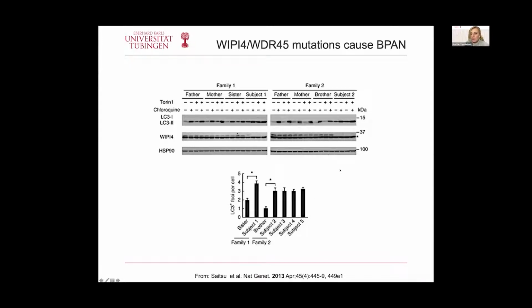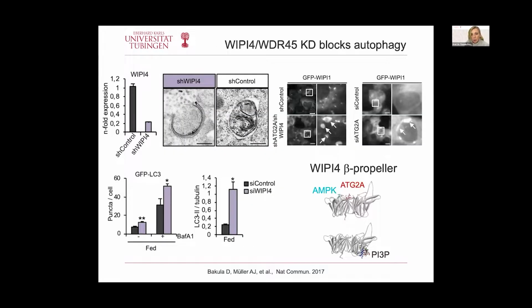So this indicated that the mutation causes a block in autophagy, so autophagy is altered. And this compared nicely to the result we had on WIPI4 knockdown in human cells, where I showed you already